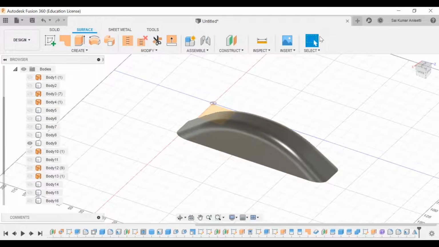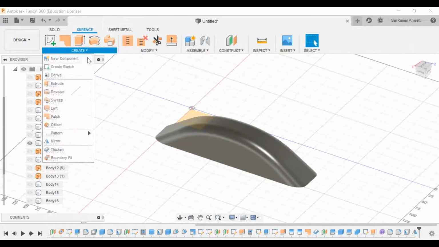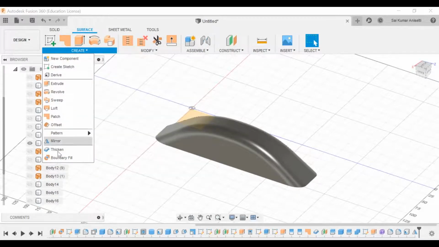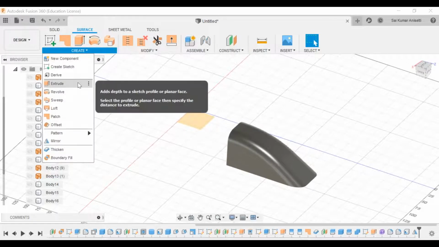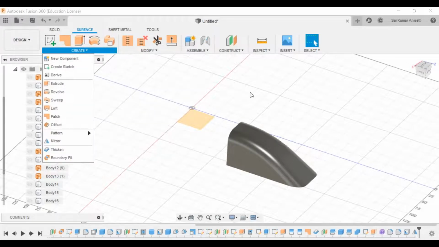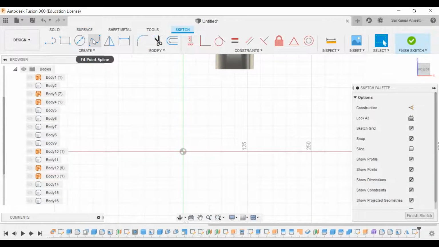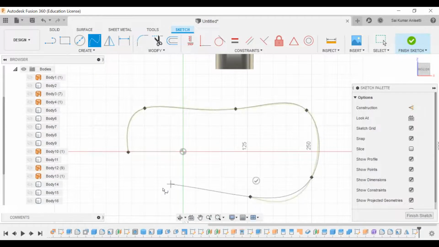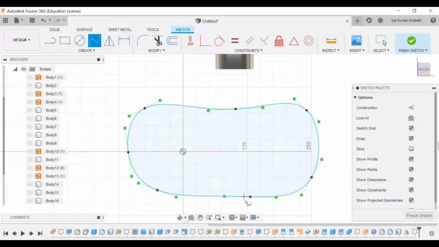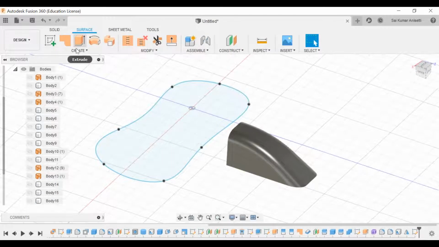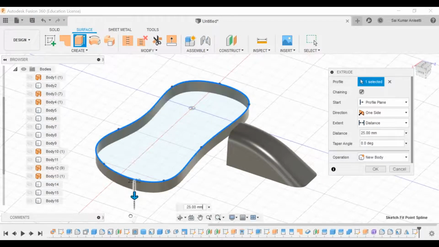See, I can explain only a few surface commands, because if I want to explain, I have to explain everything. Whatever I have explained. See, what the surface command actually does is, take extrude. You have a simple sketch. Take a plane and sketch a simple or complicated or random shape. I'll change my shape and finish my sketch. This is your simple profile. Now I'll extrude it to make a surface.